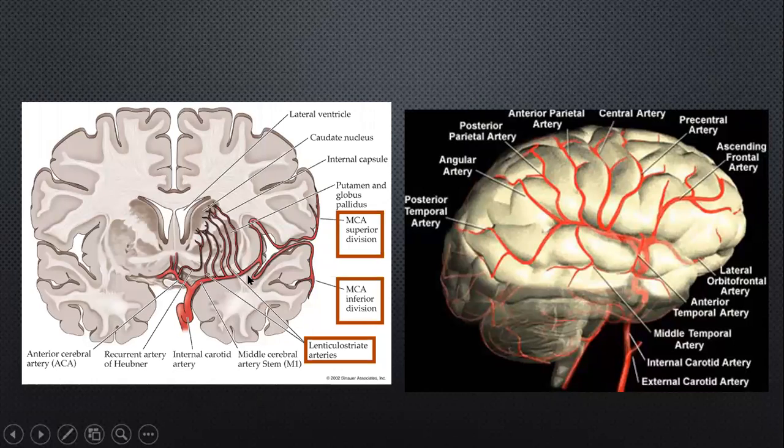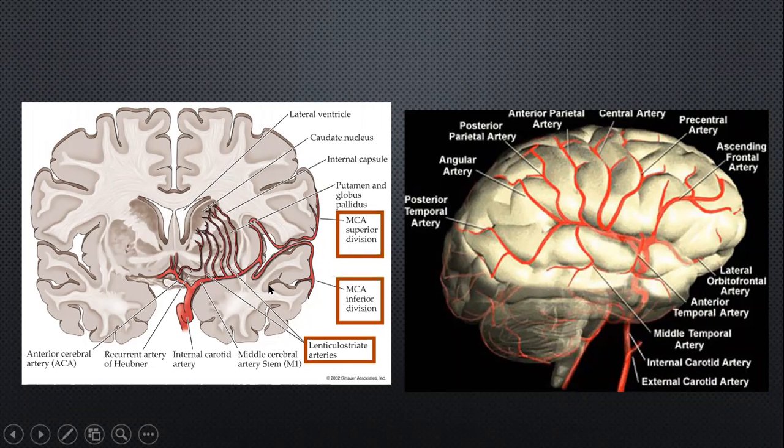In terms of the branches, we'll look at the cortical branches a bit later, but again, important to realize all these lenticulostriate branches which arise from the MCA, and they are organized as the medial and the lateral lenticulostriate branches. So medial, of course, also arising from the A1 segment. We have looked at the Huebner branch, but also arising from the MCA, supplying the medial and the lateral aspects of the lentiform nucleus.